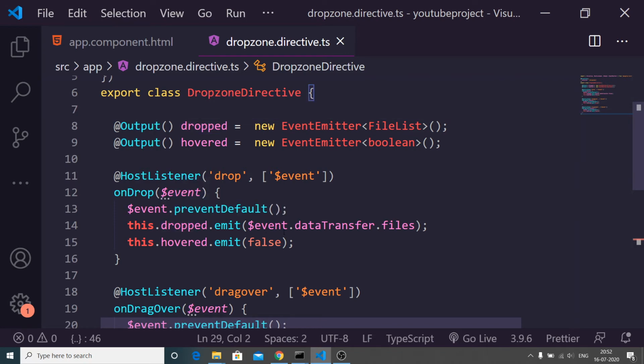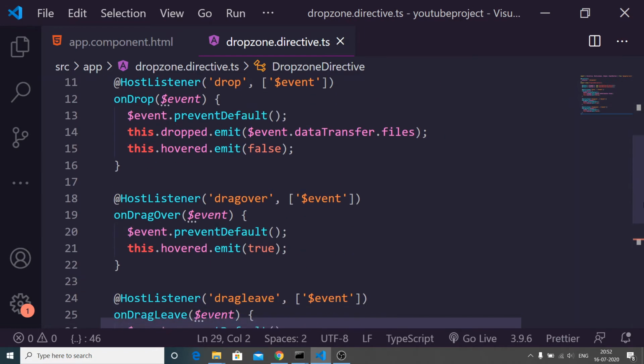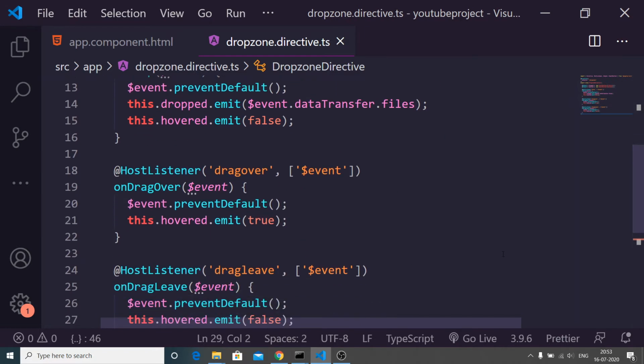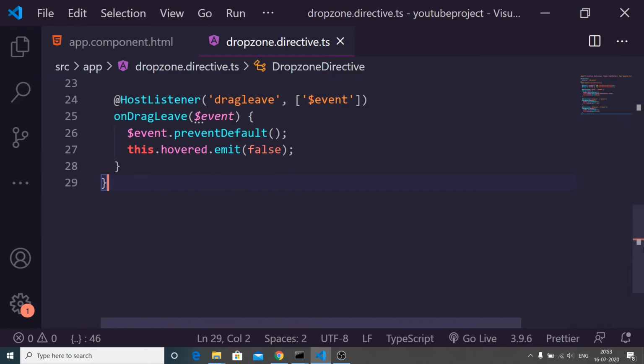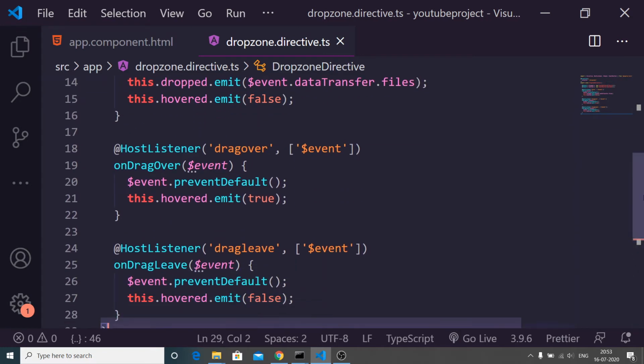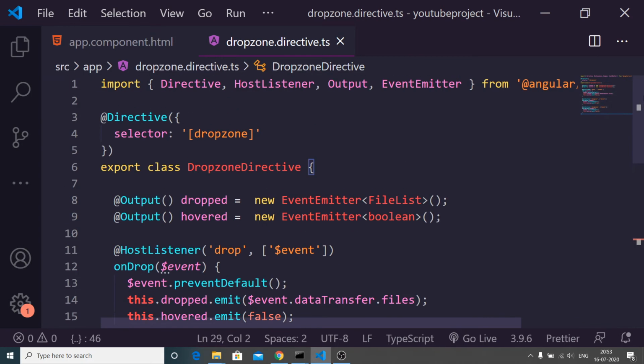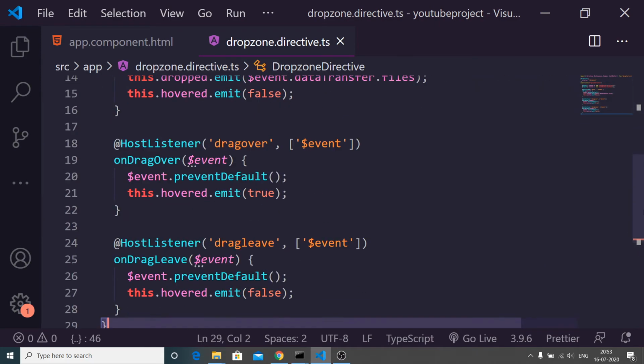So we are emitting some events here. Same goes for dragover, dragleave, all these events which are browser events. So if someone has left the browser or if someone has dropped some file inside the browser, this directive is responsible for making sure that the file is uploaded.